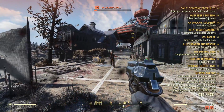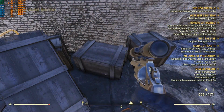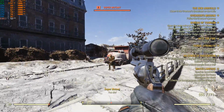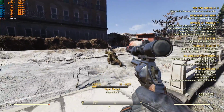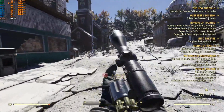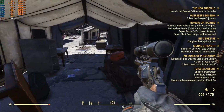sometimes into the thousands. So if you do decide to go the vendor route for finding the plans for the various things you can craft or build as part of your camp, you're gonna be grinding out caps for quite a while. Oh, and as if that weren't enough, if you decide to fast travel around the map to make things a bit easier on yourself, you find out very quickly that the only places you can fast travel for